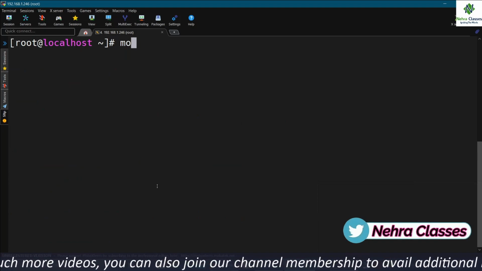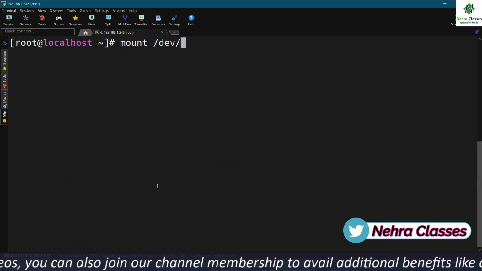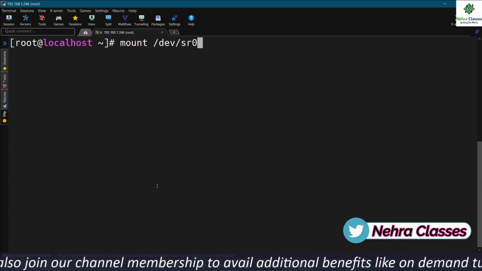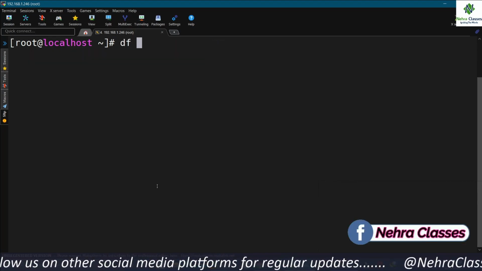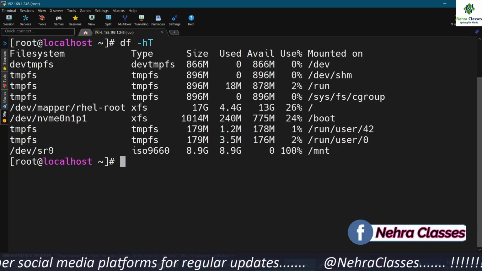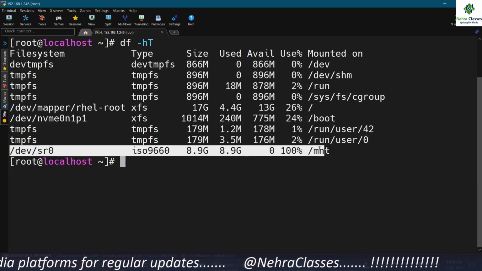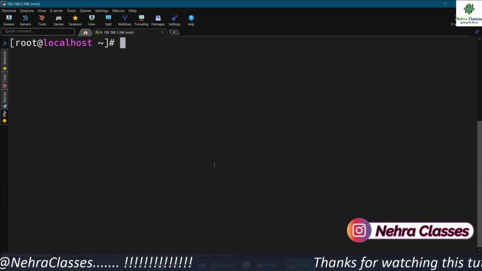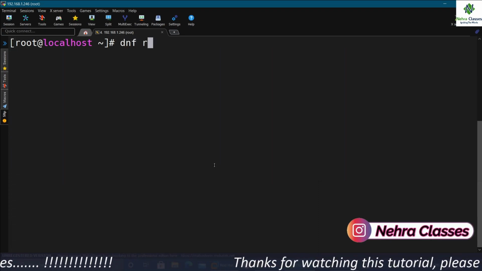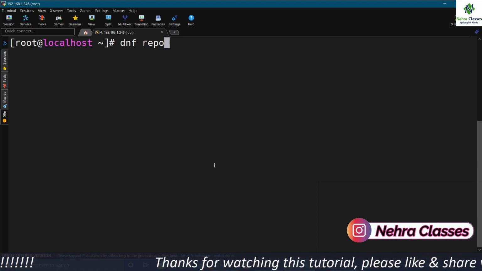So here let's mount /dev/sr0 on /mnt. Now let me show you the output of df -h. Here the ISO image is mounted on the /mnt directory, and now we can execute the dnf repo list all command.